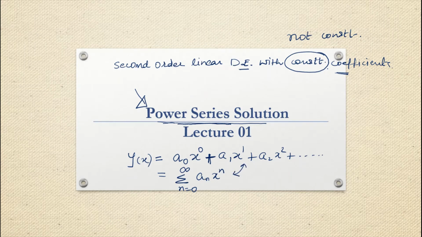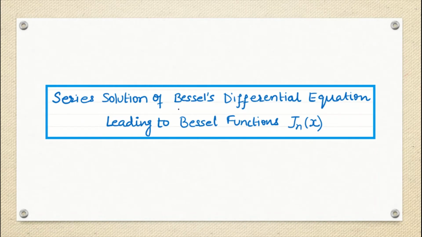Finally, we will try to find all those coefficients, the coefficients of x to the power 0, x to the power 1 and so on. We will find these coefficient values and then we will come to know the value of y. So this method is called the series solution method, and we use it for some types of differential equations where we will not be able to find the solution by our usual method.